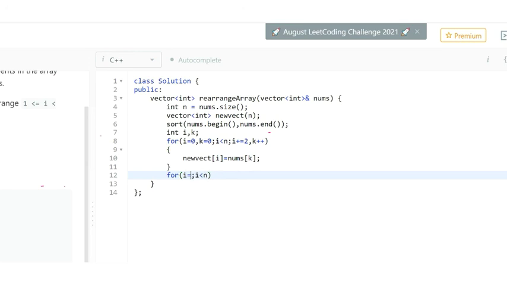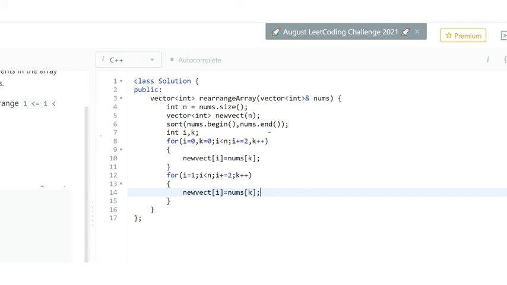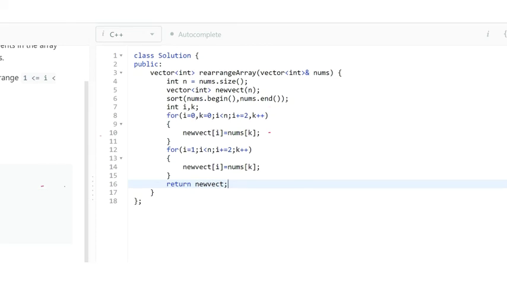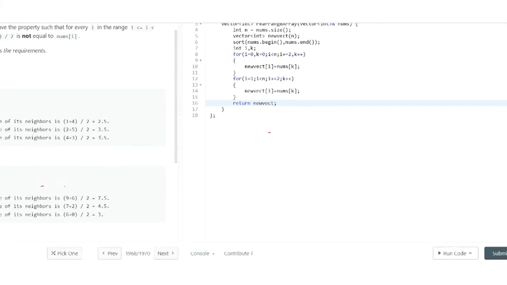Now we will initialize i by 1 because now we are filling at the alternate places. i plus equal to 2, and then we will have new vector i is nums[k], and finally we will return new vector. Okay, so I hope this is clear to you.